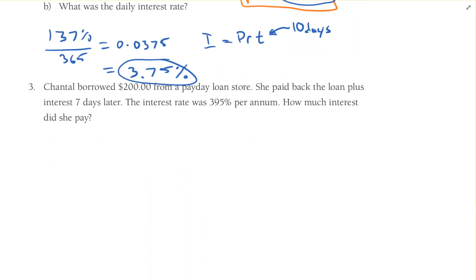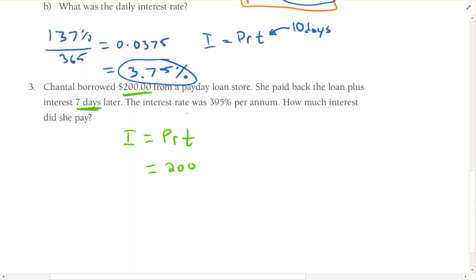Okay, number 3. I'll help you set this one up. So again, we're just going to be starting off with our formula. I is equal to PRT. It says Chantel borrowed $200 from a payday loan store. So what I like to do is as they come up, you can put the numbers in. So borrowed $200, that's your principal. So I'm just going to write in $200 right now. Okay. She paid back the loan plus interest 7 days later. So we know what the interest rate is this time too. Well, hold on to that 7 days later thing. But then the interest rate was